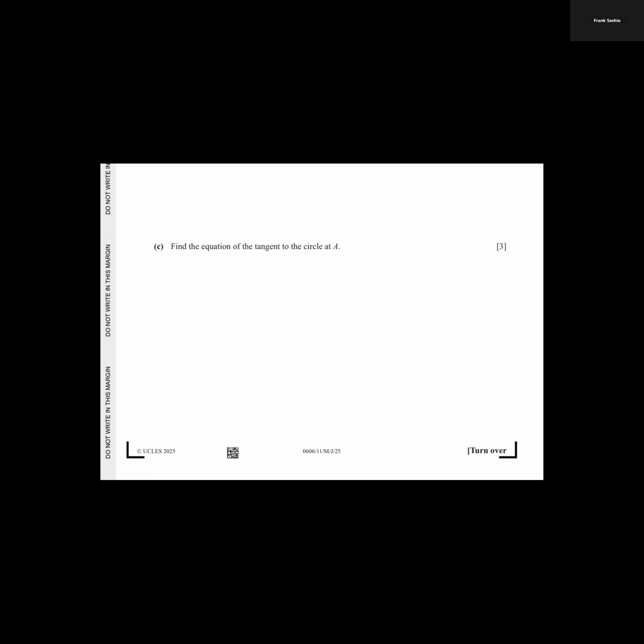Find the tangent to the circle. So we realize that if this is our circle, our center C is here, and point A is here. So this would be the tangent at point A. So what happens is that the tangent and then the CA are perpendicular. So what is point C? Point C is